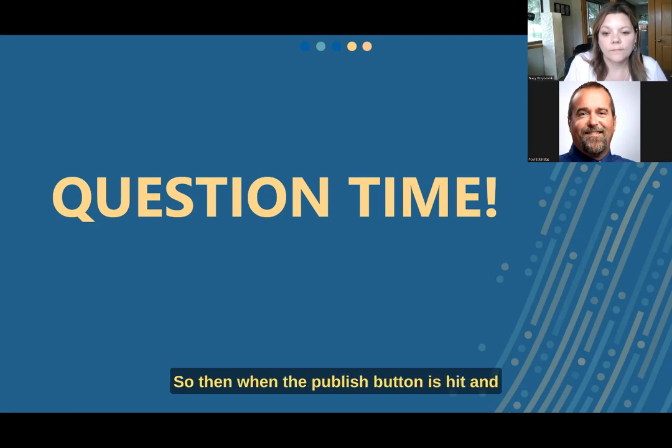So when the publish button is hit and that scheduling information is synced to the mobile app, all of that is going to be there. And then your project manager is going to have a training with you in regards to the back office to add the other various modules that are available as features based on your needs for your event.